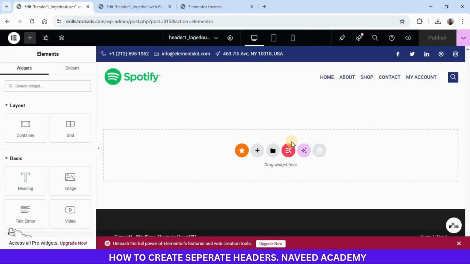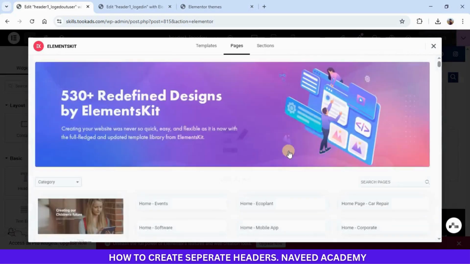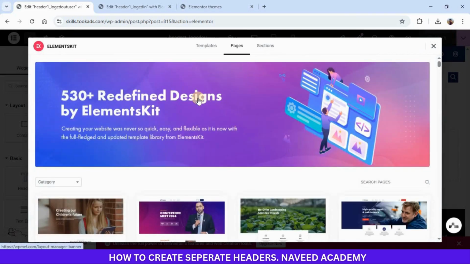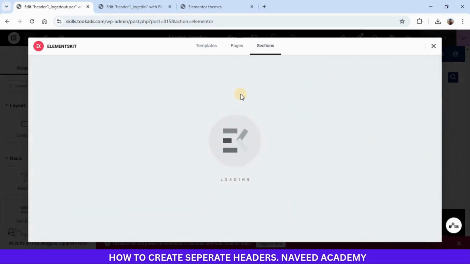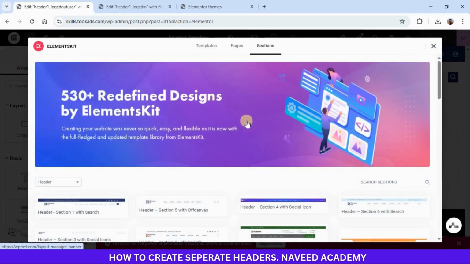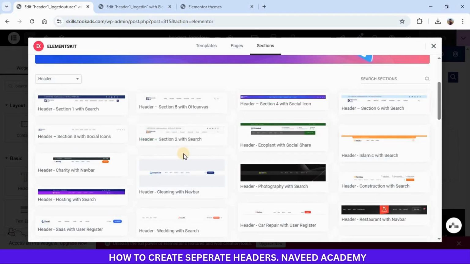Again, we need to go to Elements Kit Templates. Search header. Now we will use another header for logout users. For logout users, we are going to use this one with white background.